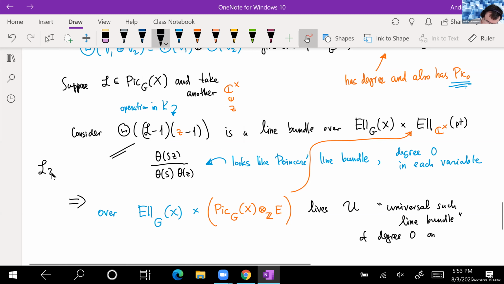This would be like L times Z minus L minus Z, and then there's plus 1, which, never mind, is a trivial bundle. So this was our line bundle as it was before. This is our line bundle now with the additional action of its automorphisms, and there's just pure action on the trivial bundle, and that's just a trivial bundle. That makes sense? Okay, so it's scaling. It's like scaling that line bundle, yeah. But when you trace it out, it gives you a family of line bundles. So not only do we have interesting line bundles of degree 0, they all